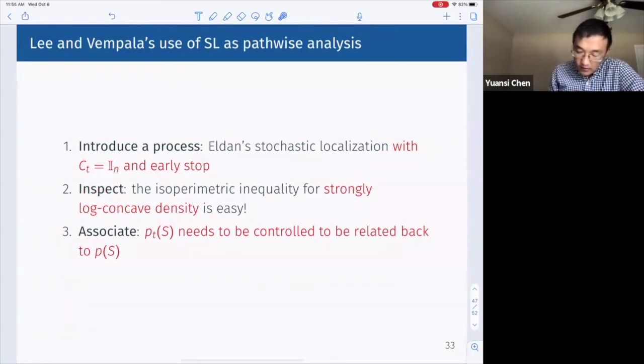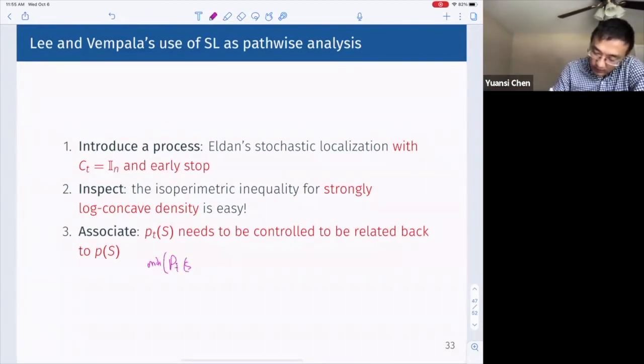You observe that this time the isoperimetric inequality for a strongly log-concave density is easy. When you run with C_t equal to identity, you add the Gaussian part, and it becomes a strongly log-concave density. So this part is different from the needle decomposition, where you observe it's one-dimensional log-concave. The one-dimensional isoperimetric inequality is easy to prove, but here the strongly log-concave isoperimetric inequality is easy to prove. And you need to relate the minimum of p_t(A_t) and p_t(A_t complement)